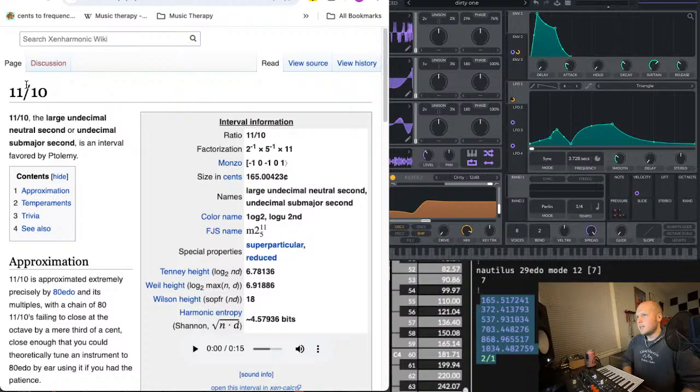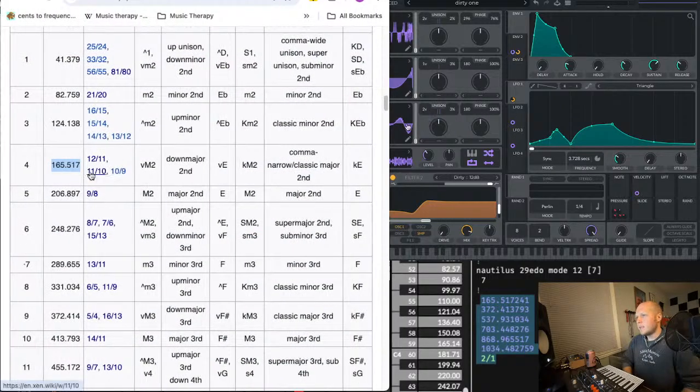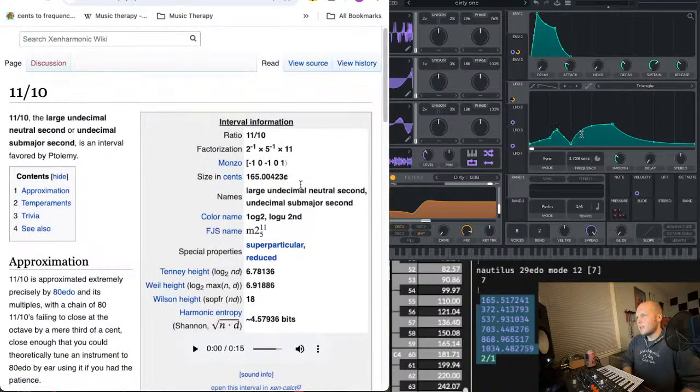So 11/10, here's another one where 11 is the highest prime number, so it's another undecimal. This is the large undecimal neutral second. Oh, and this one's spot on actually. This is 165. So we're actually half a cent off. We're just as close as the 8 EDO step is to the